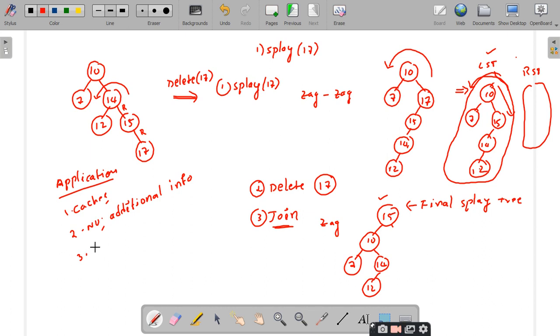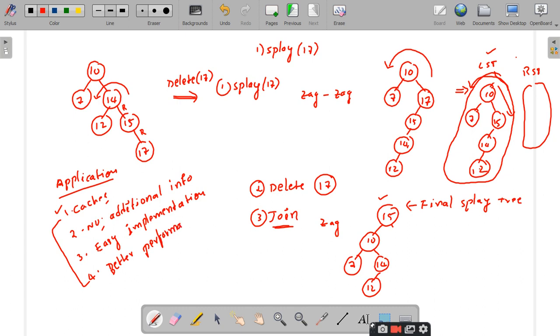So similarly, these are used in some of the practical applications, and you can observe that it is easier in implementation when compared to that of AVL and red-black trees. Their implementation is easier. Am I right or not? Yes, sir. So, and the main advantage, you can write this application as cache, and all these things are advantages, right? And one of the advantages we get from here is better performance. When do we get better performance?